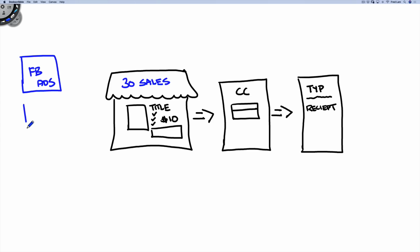Right? You can also run Instagram ads. And what this does is that you are basically extracting from the social media network people or audience that are most likely going to buy your product. So they actually go to your store from your ad. Now, this is what typical Shopify store owners and typical e-commerce people do. That's all they do. They simply run these kinds of ads and really hope that they can generate 30